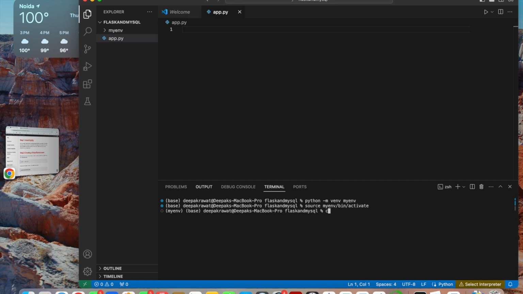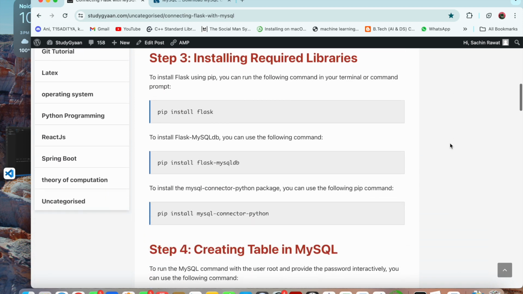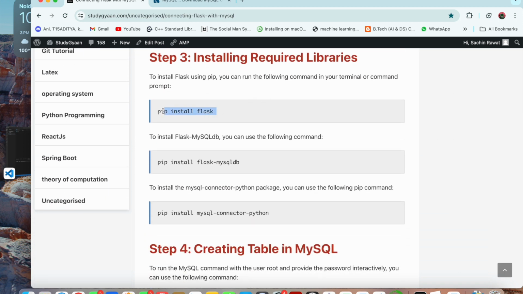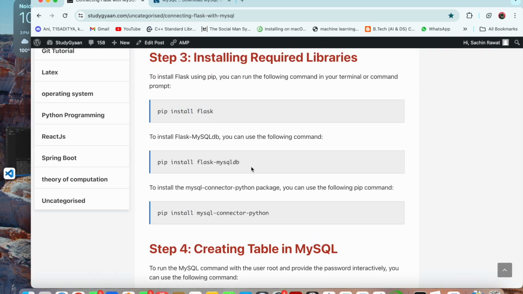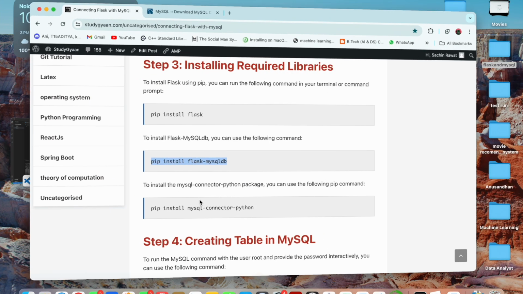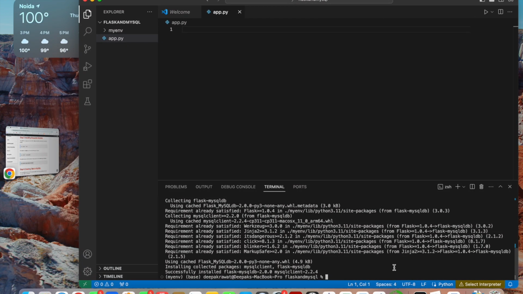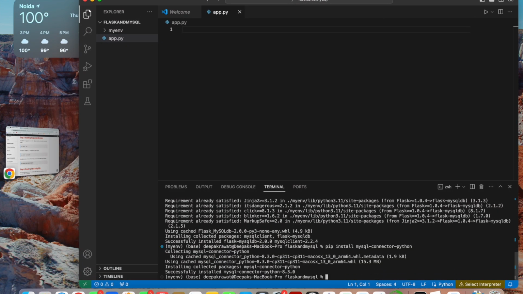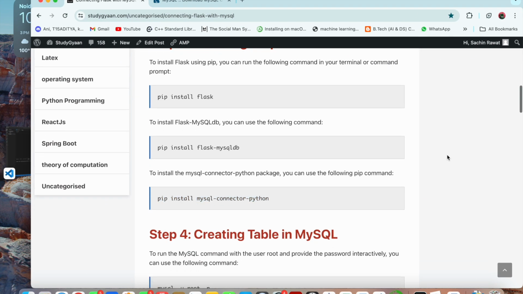So the next step here is to install the required libraries. There are three required libraries that we are going to install. Just copy this command pip install flask, and copy the command pip install flask-mysqldb, that would be required to connect our MySQL database with the Flask framework, and pip install mysql-connector-python. Now we have installed all the required libraries, so we can move to the next step, that is creating a table